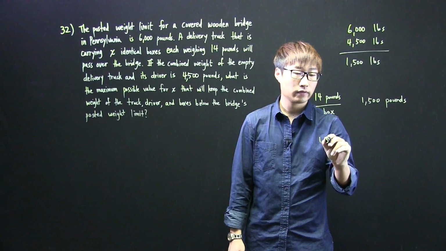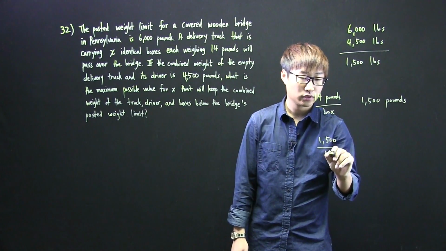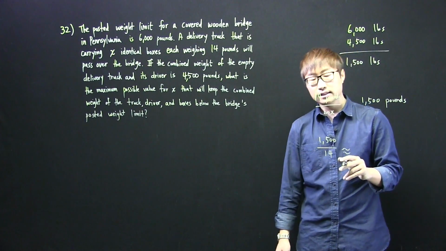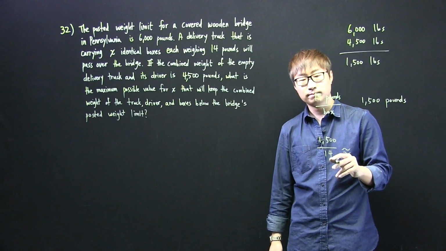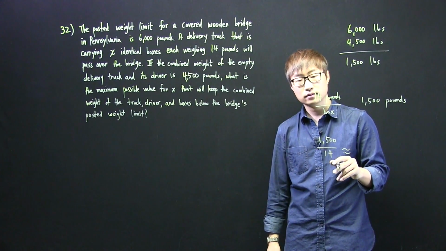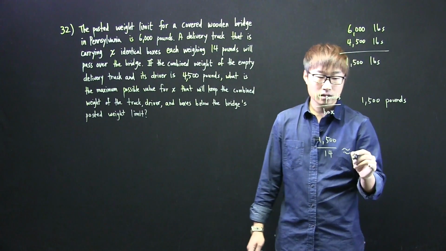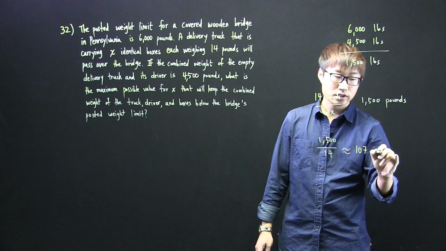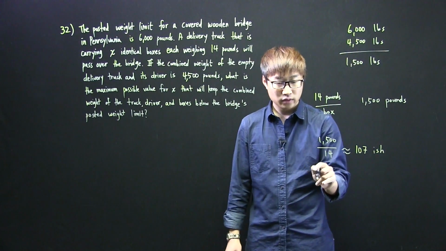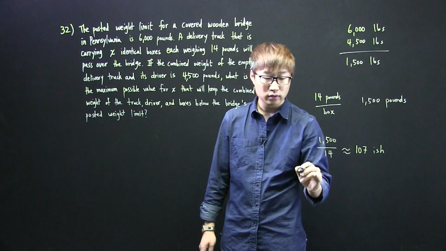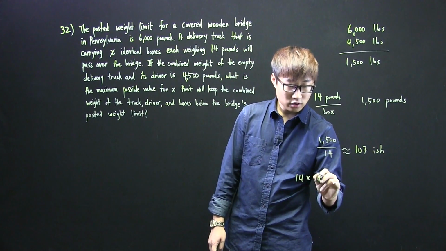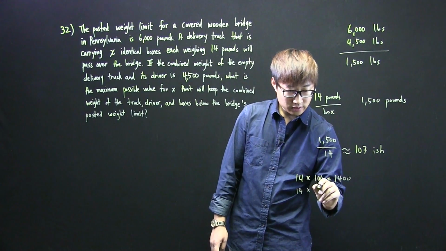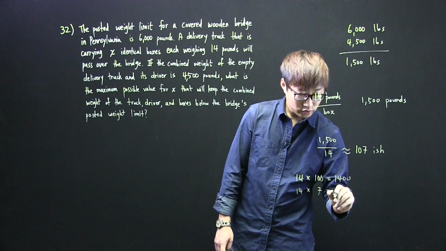Well, divide, right? 1,500 divided by 14, which is not going to divide nicely. It's going to be something close to 107-ish, because think about it. The way I did this in my head as mental math is, 14 times 100 gives me 1,400, and then 14 times 7 gives me 98,